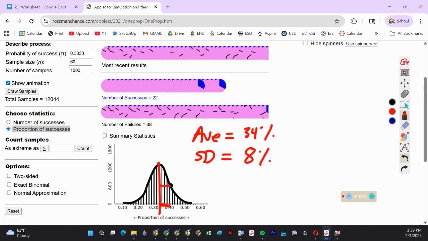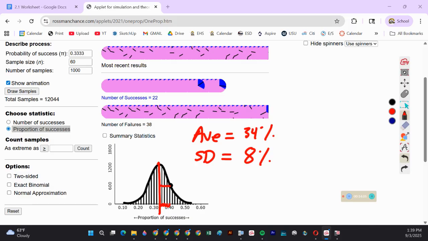Okay. If you are truly guessing when playing rock, paper, scissors, 68% of the time, your percentage of winning in 60 games is going to be 33% plus or minus 8%. Okay? All right, now,